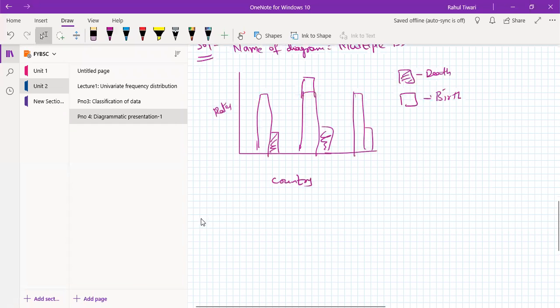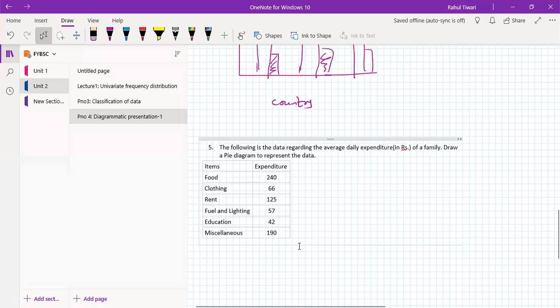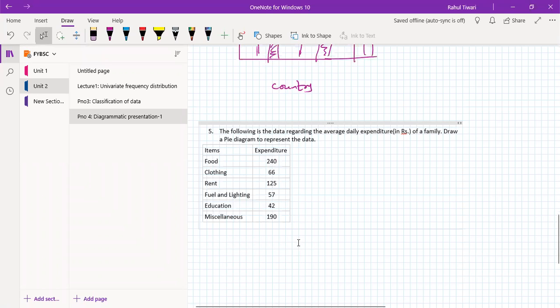Now can you tell me this one, next one? Which diagram you have to use? Yes. पाई डायग्राम दिया है ना सर? Pie diagram, sir. Yes. Because it is given, the problem is solved. अगर फॉर एग्जाम्पल नहीं दिया होता तो क्या करते? सिंपल बार डायग्राम भी बना सकते थे, पाई डायग्राम भी बना सकते थे. बट जनरली क्या फॉलो करोगे? सिंपल बार डायग्राम. क्यों? सर आइटम्स दिया है, एक्सपेंडिचर दिया है, आइटम तो एक वेरिएबल हो गया,